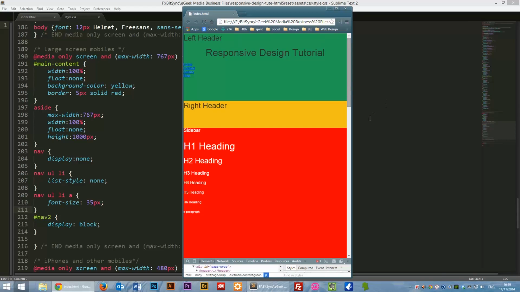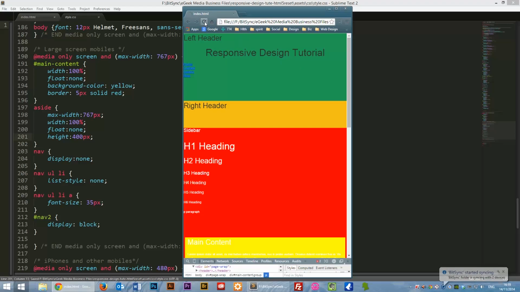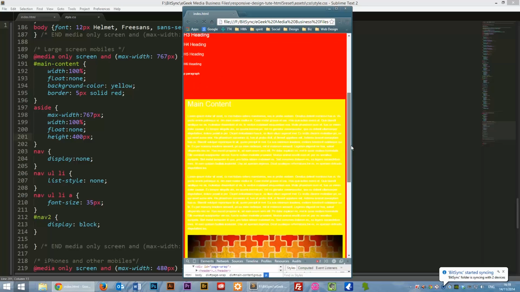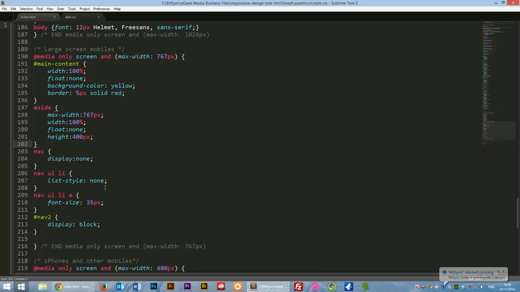So we might also reduce the height of this sidebar. So I'd say reduce it down to 400. Save that and have a look. Yeah, that reduces it quite a lot. And we might make some changes to